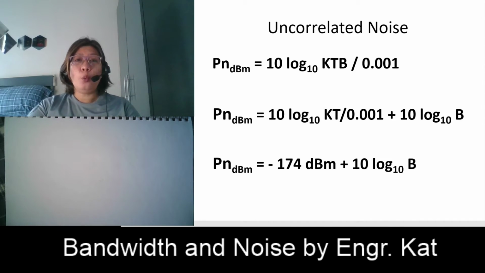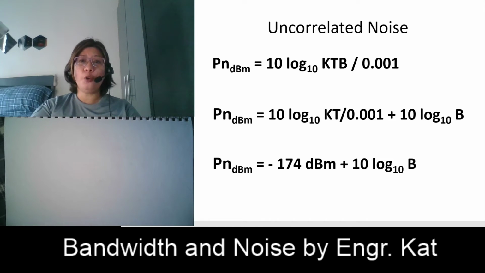Okay. And then, we can make use of this kT since, for example, we are talking about room temperature. So, that is 27 degrees Celsius, and your k, your Boltzmann constant, is not varying. So, if you are talking about room temperature, we can safely make use of this formula: negative 174 dBm plus, depending on the value of the bandwidth. But if it is not at room temperature, we make use of this one, if your T is not specified as room temperature.